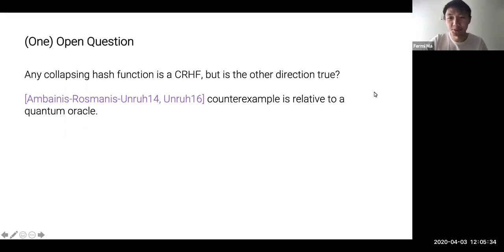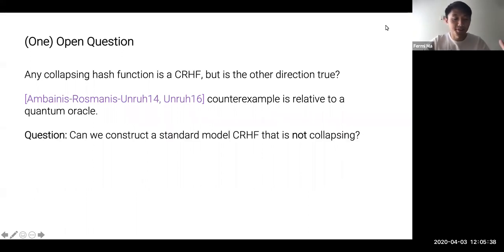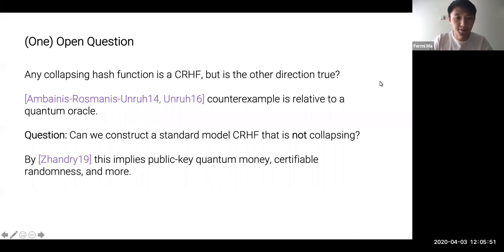So modulo some recent work of Mark that I'm not familiar with, we have this interesting question of, can we construct a standard model collision resistant hash function that is not collapsing? It turns out that this would be really interesting. This is Mark's paper that won Best Paper at EuroCrypt 2019. If you could construct such a thing, then this implies something called quantum lightning, which you can use to get a number of really cool applications like public key quantum money,